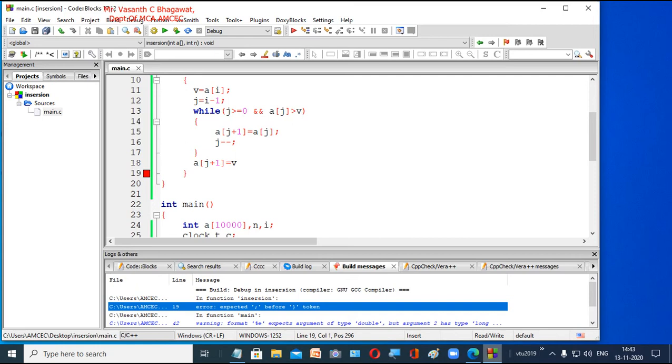Somewhere you have not terminated your C line with a semicolon, because in C you know that every statement should end with a semicolon. Here we have missed a semicolon.